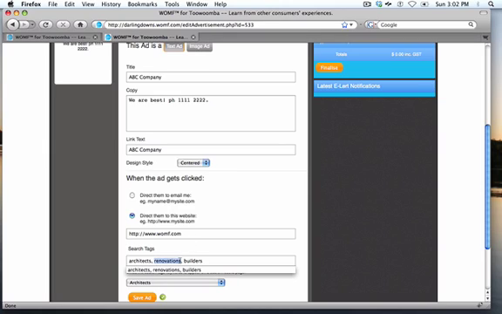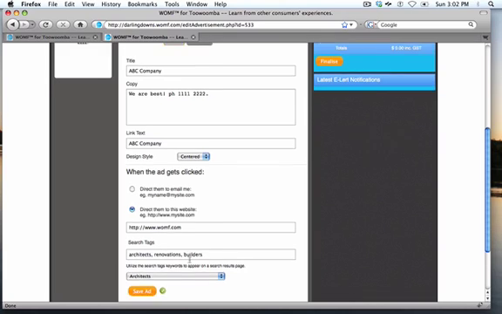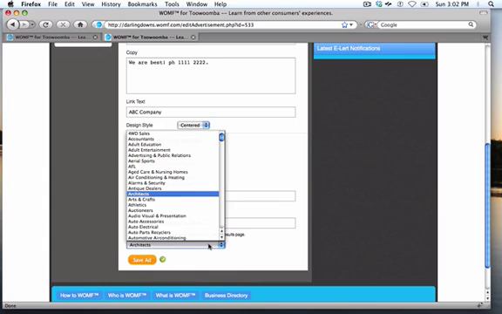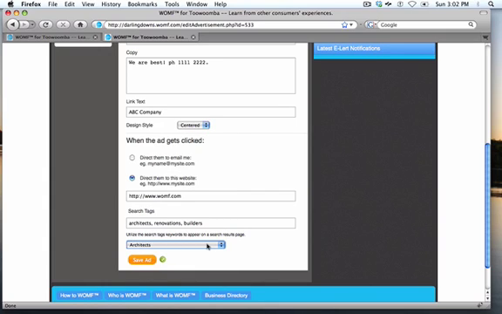Now the search tags are really powerful. As people search for different keywords and phrases within WOMF, your keywords will get picked up as part of those searches and you will appear as a result of those searches. And this is obviously the most important one of all, the actual category where your ad is listed. So this example business is an architect, so we're listed in the architect's category. So we save that,